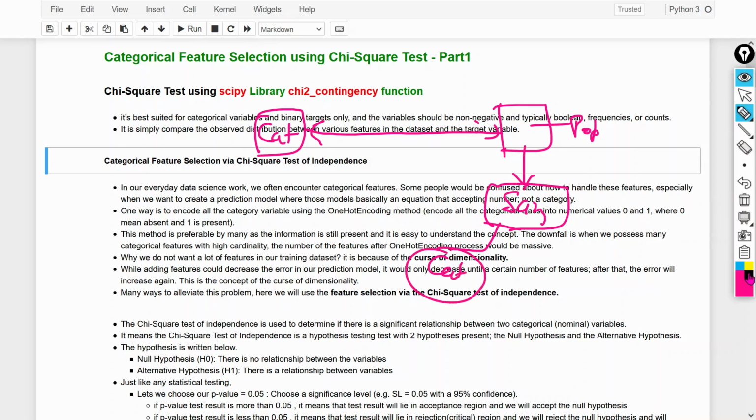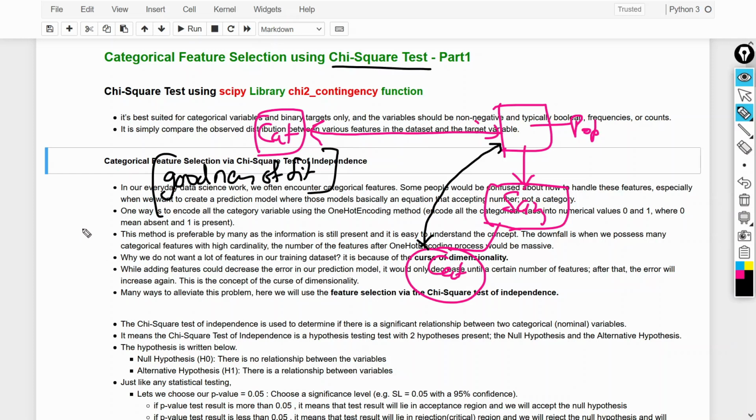If we want to check whether my categorical variable has the same type of distribution that we have in the population, how can we check that? We can check that with the help of goodness of fit, which is a part of the chi-square test.